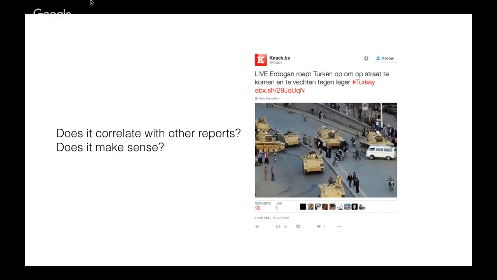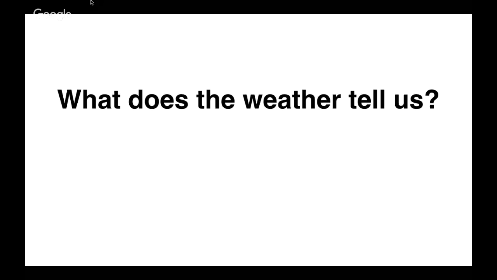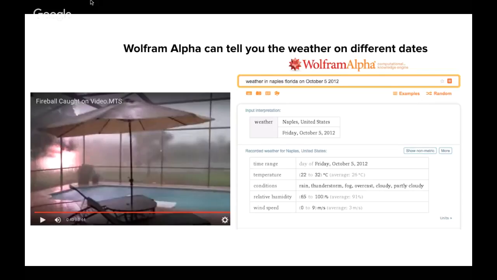But there are other things that we can check as well. What does the weather tell us? Like I mentioned earlier, this isn't just about looking at the location. This can help us to understand the date as well. So what does the weather tell us in this example? There's a site called Wolfram Alpha, which can give you some excellent historical data around certain locations and around certain dates. The video that we have in the example here was posted to YouTube